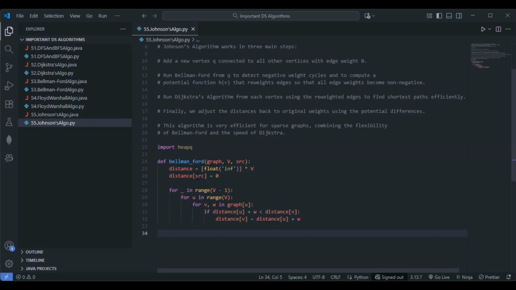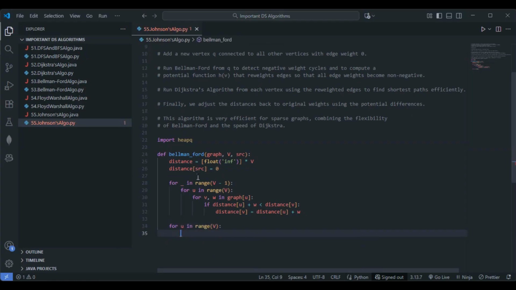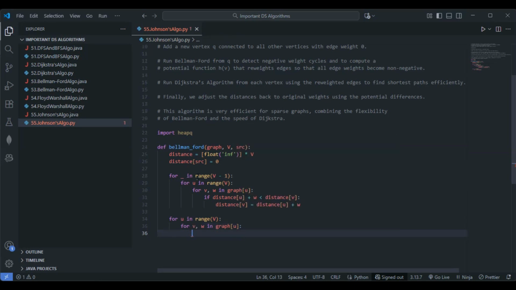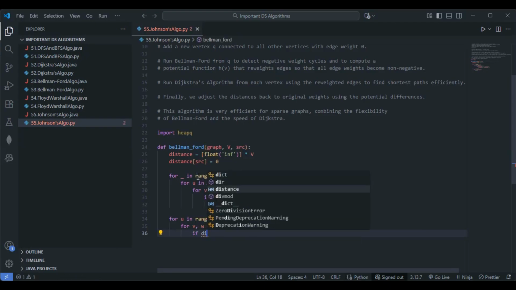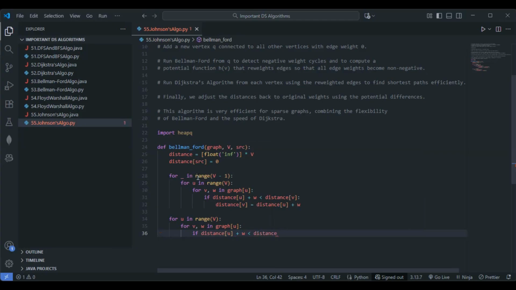Let's check for the negative weight cycles as Bellman-Ford is pretty famous for that itself, right? So for u in range v, for v comma w in graph u. Within the two for loops, let me write the simple if condition here. If distance of u plus w is less than distance of v,